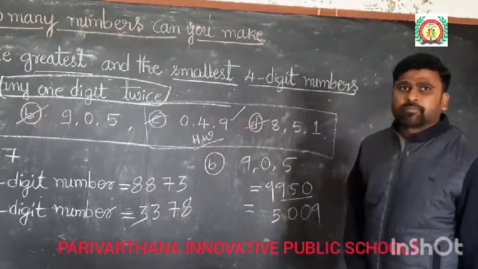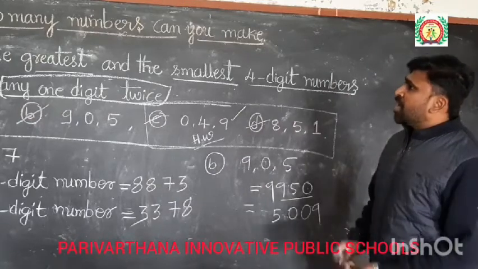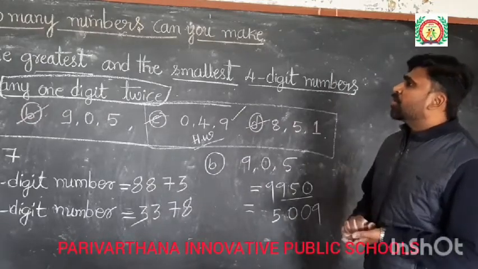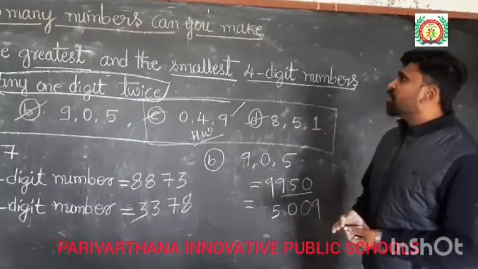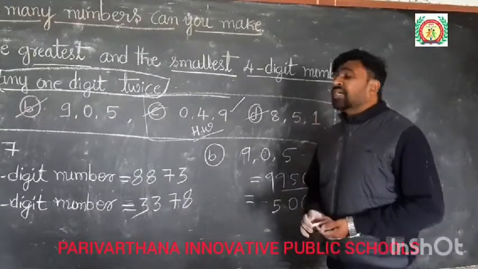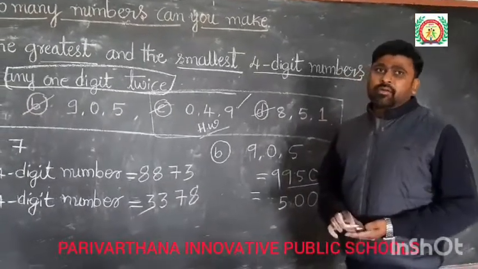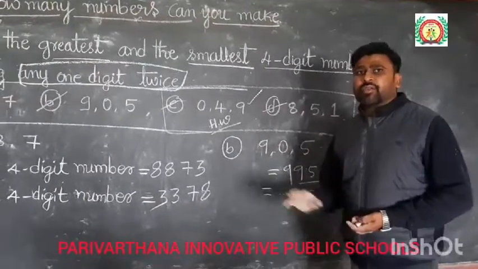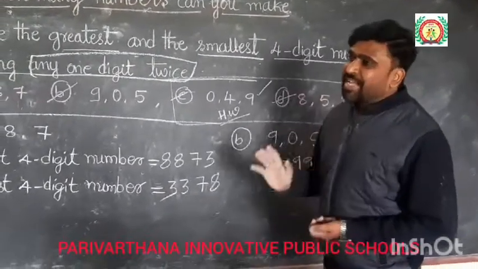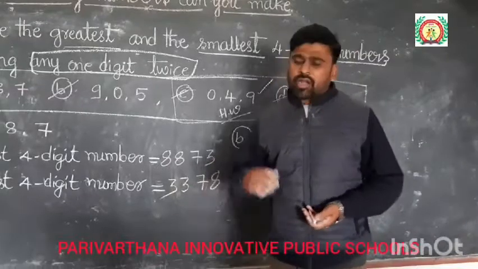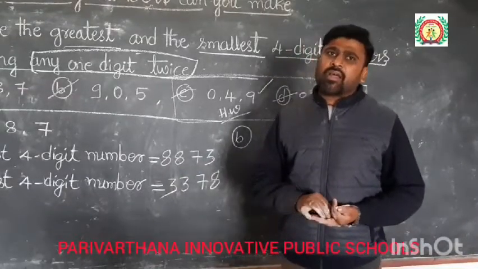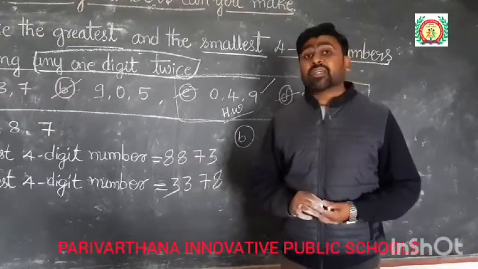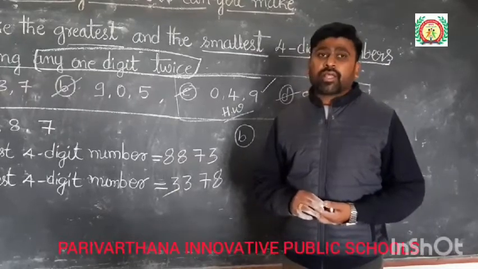Complete the C. Correct? In this class, we discussed the first and second main, that is, how many numbers can you make. Next class, we are going to continue with ascending and descending order, and also one more basic concept. Afterwards, we are moving on to exercise 1.1. Thank you one and all.